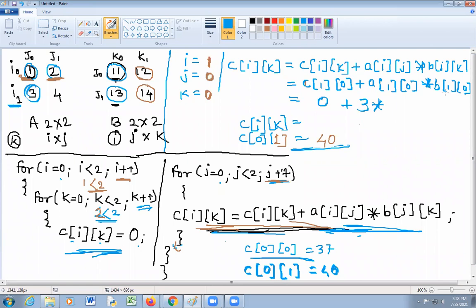So that's why here b of 0 0, b of 0 0 is 11. So 0 plus 33, we will get 33. Did you get it? Understood up to here?